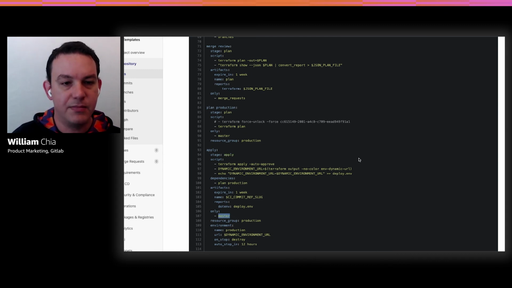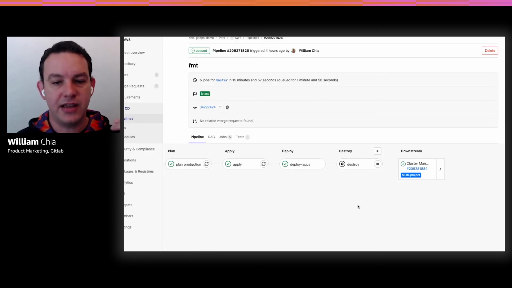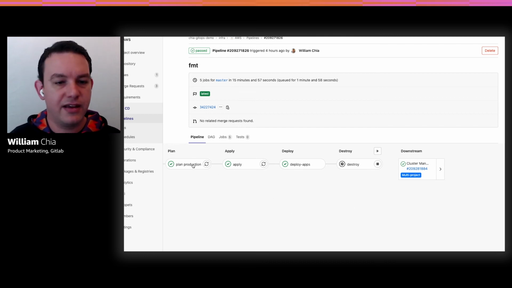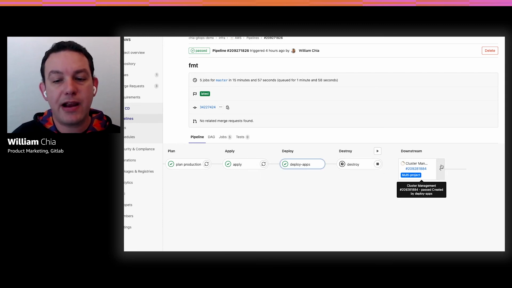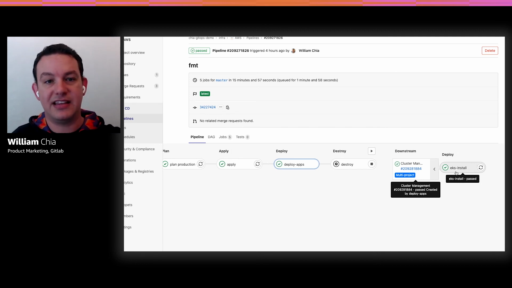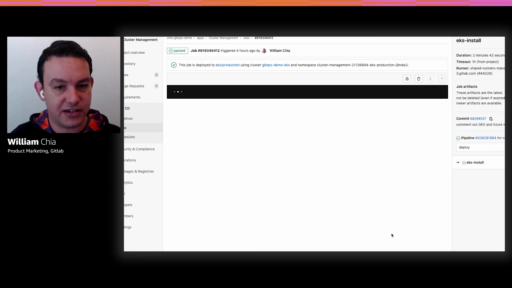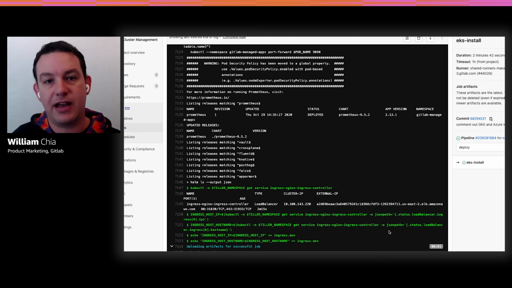So if it's a merge request branch, it's going to do plan, and it's going to apply. So you saw the pipeline on the merge request branch. It was really simple. It just ran Terraform plan. Here is the pipeline for the infrastructure. Here I plan the production, I do a Terraform apply, and then it's going to use a child parent pipeline to actually run some code that is in the apps repository to go and do the EKS installation. So that's a look at the infrastructure side of the pipeline.